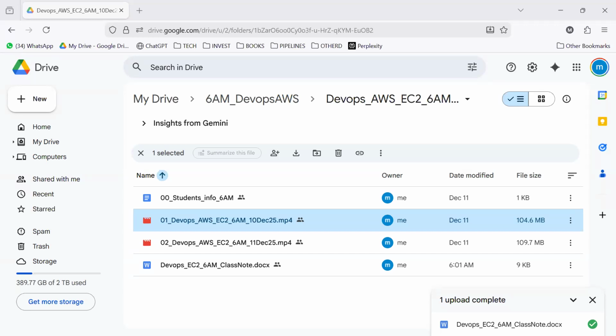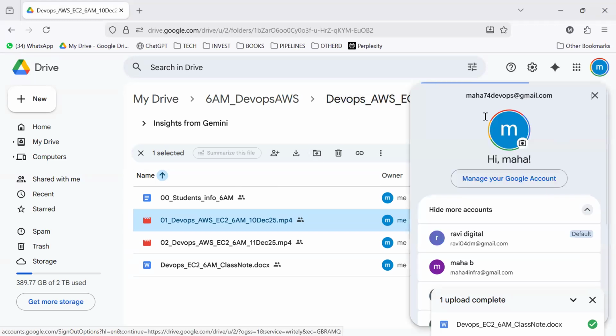Ajay Joshi. No, that is a content link, am I right? No, that is not Ajay Joshi. Okay, so I'll send the link. Here is Maha 74 DevOps at the rate of Gmail.